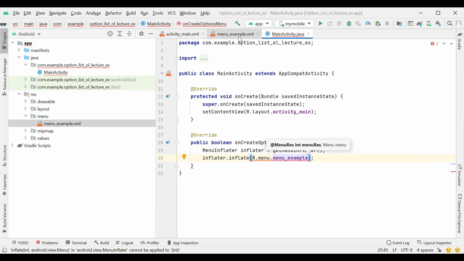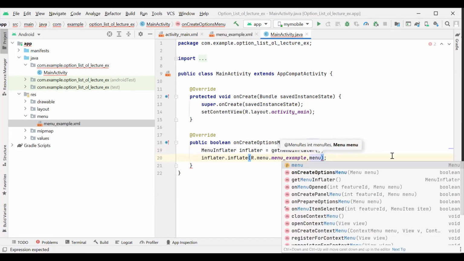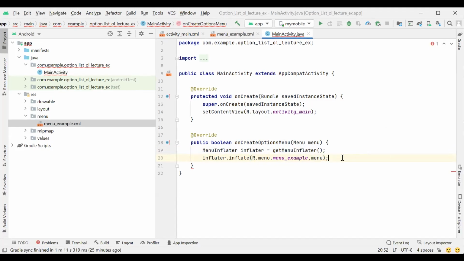This is our file that we pass here, and the second argument is the menu option, that is here. And here we have to return something, so we return true.